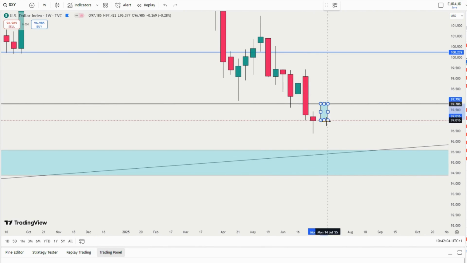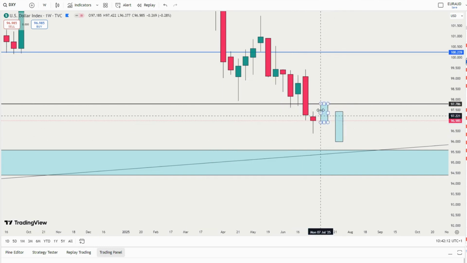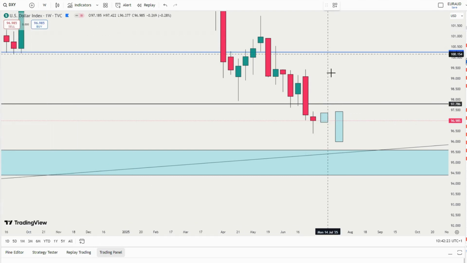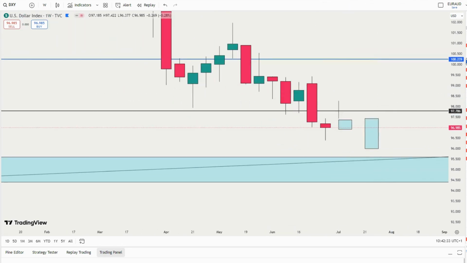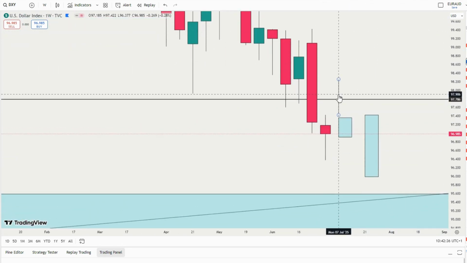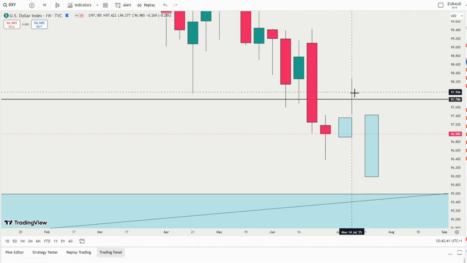So we might see something like this, and then probably it might close as a weak rejection next week. Maybe from Monday to maybe Thursday, we might see price going like this, and then maybe on Thursday and Friday, we might see something like this coming up around that particular area. So you understand what I want to do? Yeah, I want to do something like a rejection.